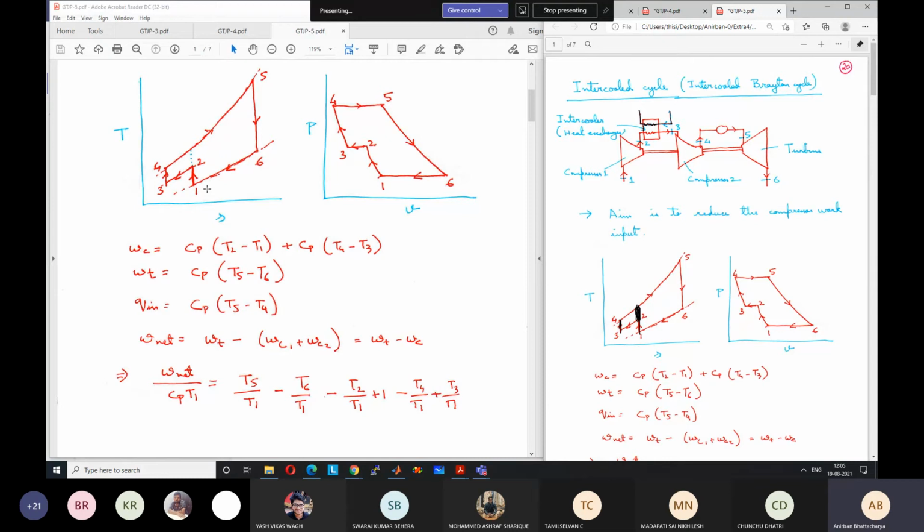Again, can you use some logic to say why T3 should be equal to T1? Not from the point of view of, say, work output or something, but from a practical point of view, we cannot have T3 which is lower than T1. Okay, and T1 also is not arbitrary. So how are these points fixed in real life? Can somebody use some logic and explain?